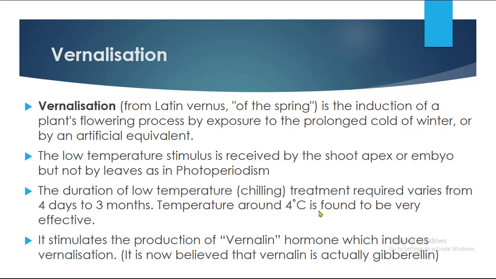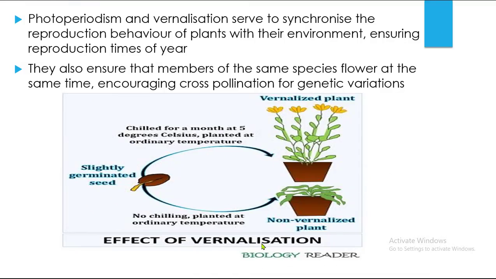It can also be done artificially. Certain farmers can use this mechanism; giving exposure to a very chilling environment before seed germination can give better results. It stimulates the production of the hormone, which is actually gibberellin. Gibberellin is the hormone which is responsible for seed germination. Here you can see in this slide,